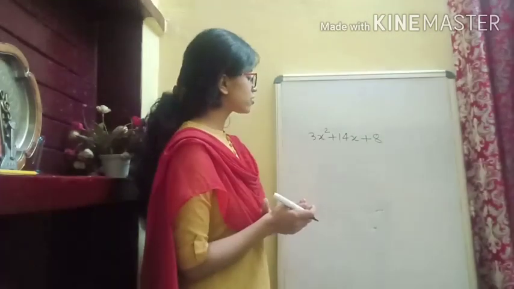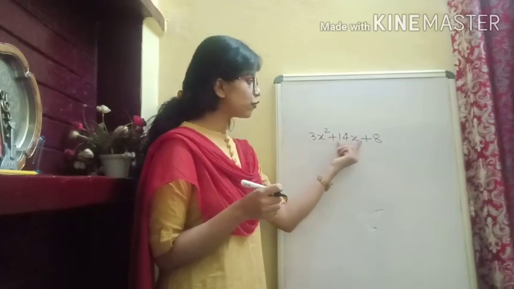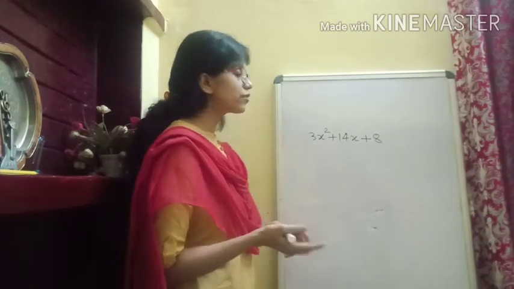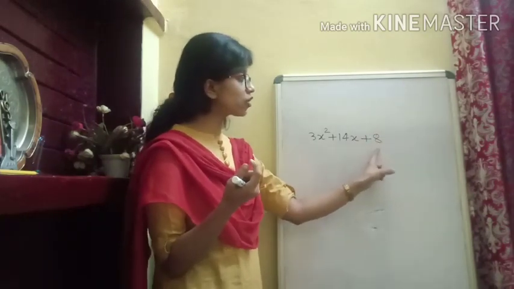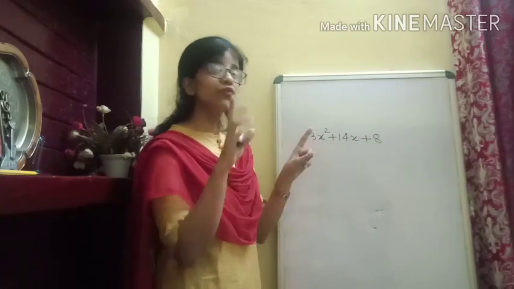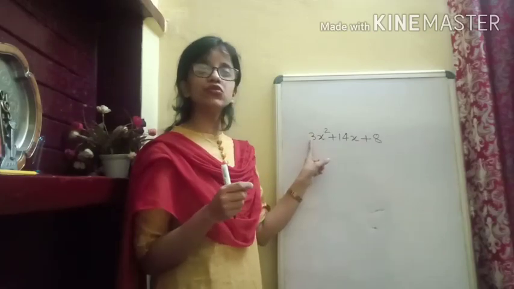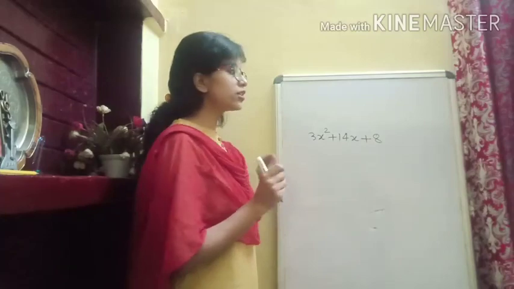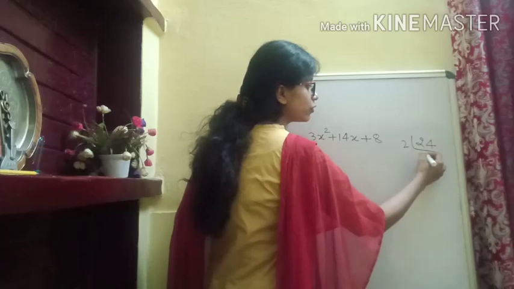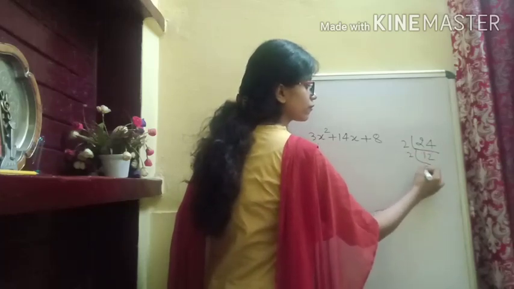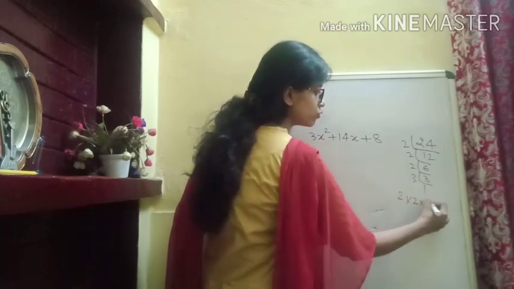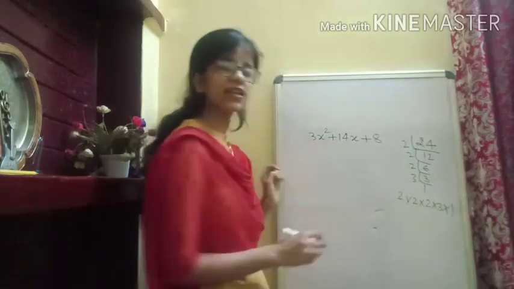Okay, so here we have our next question, that is 3x square plus 14x plus 8. Again a trinomial, and you are asked to factorize it. How to factorize? The very first step, you will take the constant term, which is 8, and you take the coefficient of x square, which is 3. You will multiply them. So 8 into 3 will give you 24. Now we will factorize 24. Factorize means you will write the prime factors of 24. It will give you this. So we are getting 2 into 2 into 2 into 3, and 1 we always write as a factor.